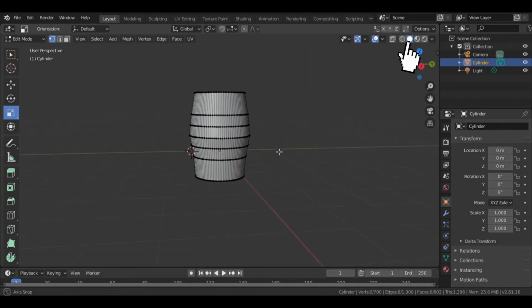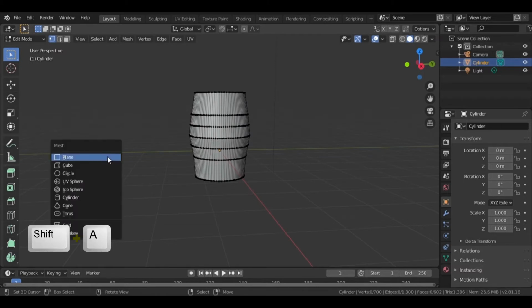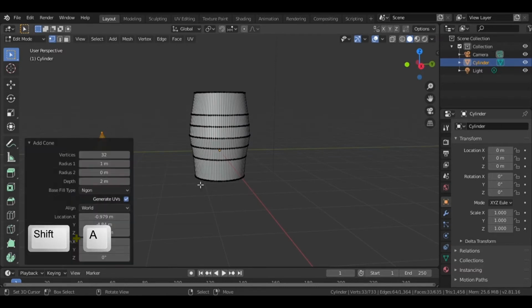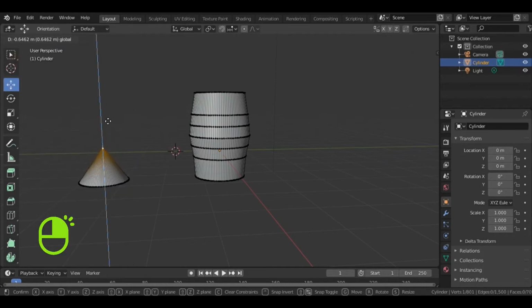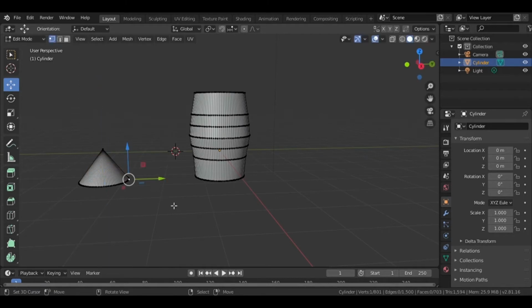Okay, next make the rocket roof with a cone. Make sure the size is the same as the rocket body. Then lower the top edge. Okay, next